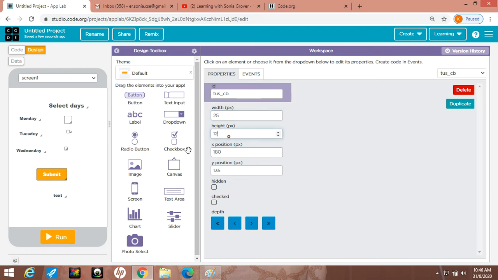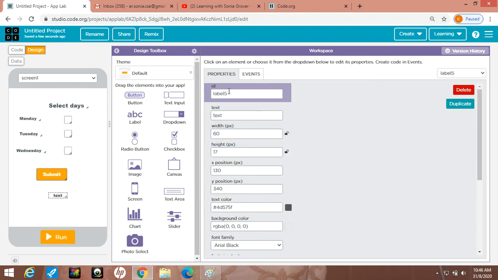You can set the XY position also. Height I am taking 25, like this. Now in this label I want output.